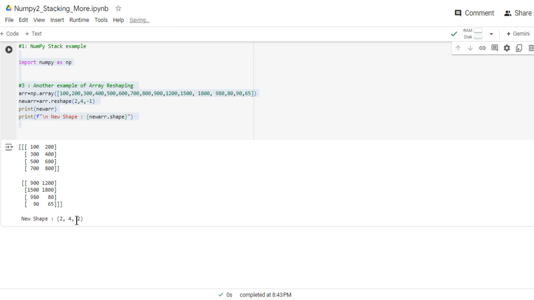So it's a transformation to a 3D array. And I cannot make out why this minus 1 is here. Maybe we could have passed 2, 4, 2. Maybe you can see what's the result in that case. Let's see whether it runs or not. So this is